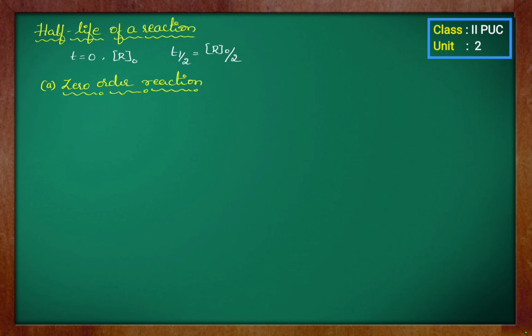For a zero order reaction, its rate constant is given by k is equal to the initial concentration minus the concentration at a time t, divided by t. When t is equal to t half, we have the concentration of the reactant at that time interval as half of its initial concentration. So substituting this into the expression of the rate constant, we can write the rate constant at t half